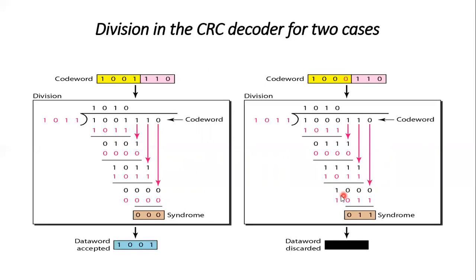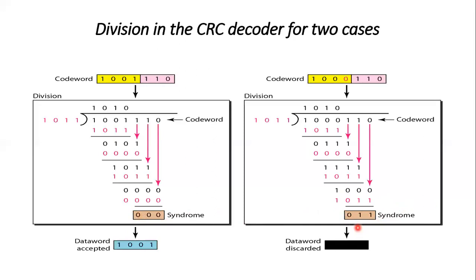Okay. Now 1 0 0, we bring this 0 here, and hence we put the 0 here. Therefore when we multiply with this one, 1, so 1 0 1 1. Okay. Now so 0 1 is a 1, 0 1 is a 1. So this is 0, 0 is a 0, this is 0. Therefore here we get the syndrome 0 1 1. Therefore which is here wrong. We want to get the syndrome 0 0 0, and hence we discard the data word.